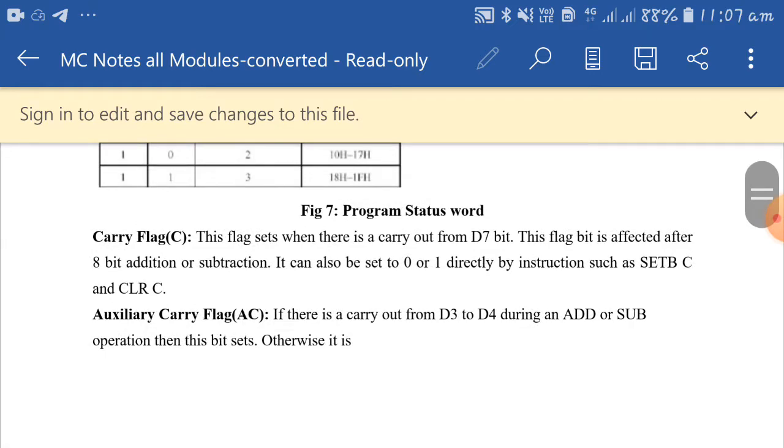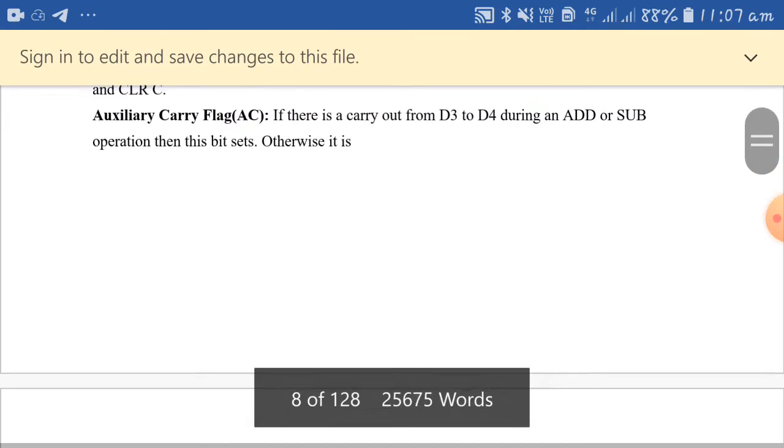Next, the carry flag. If there is a carry out from the D7 bit of your arithmetic operations, the carry flag becomes 1, or you can set or clear it directly using instructions such as SETB C and CLR C. SETB C means set the carry flag, and CLR C means clear the carry flag.